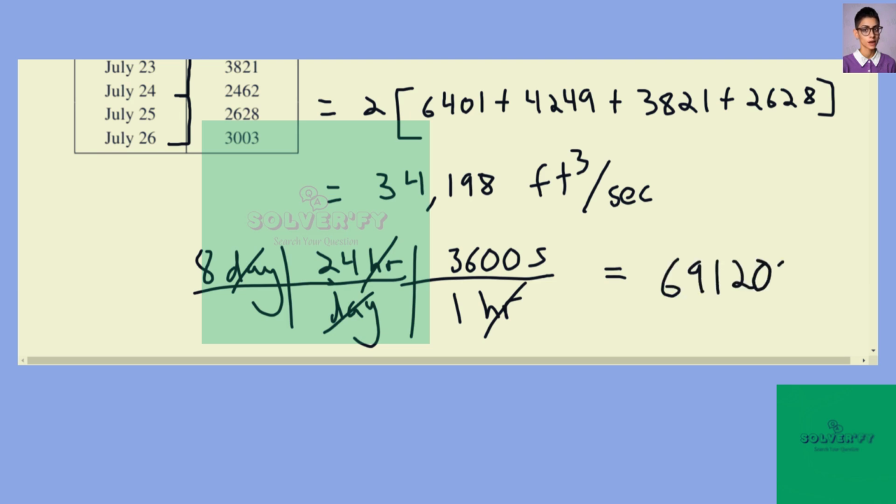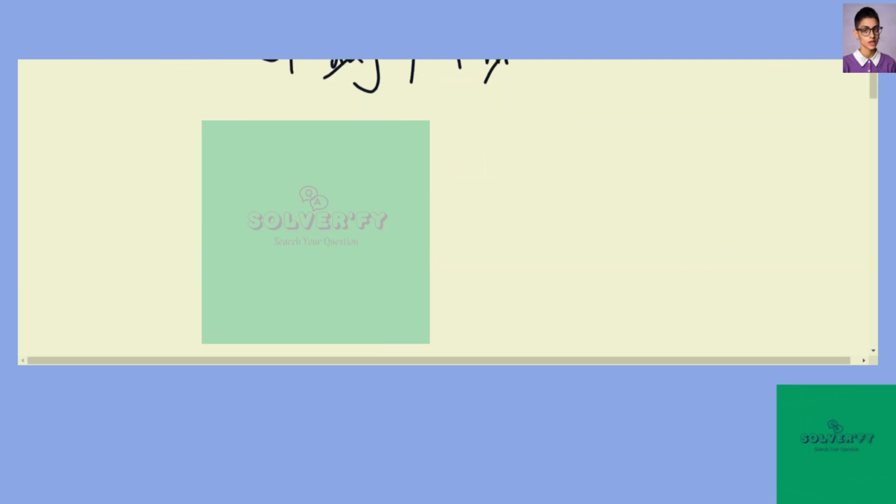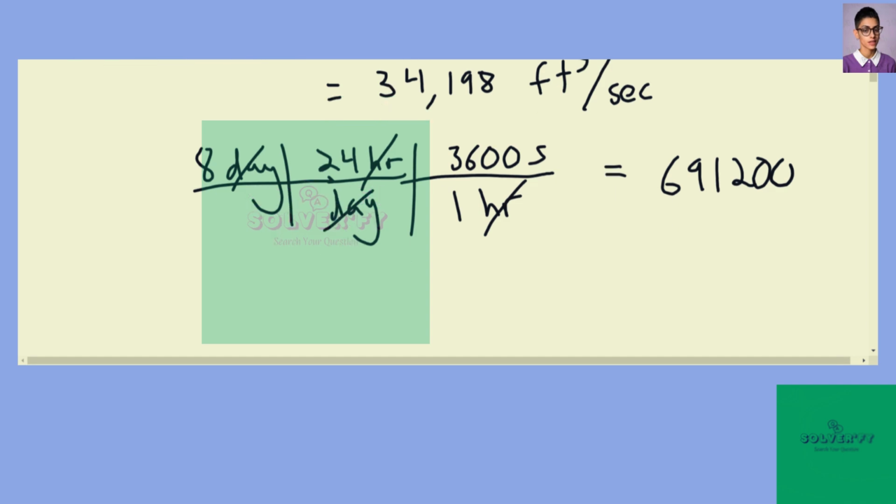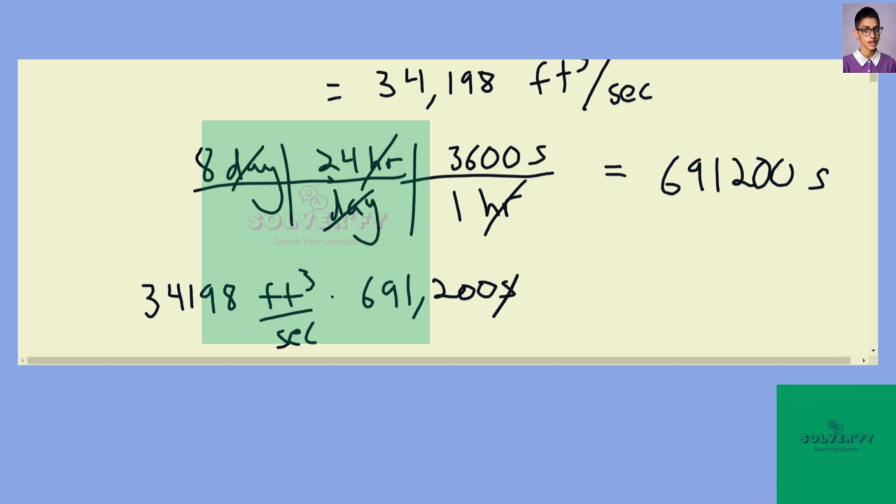And so we have 34,198 feet cubed per second multiplied by 691,200 seconds, and then your seconds would cancel out. So you'd be left with a total amount of